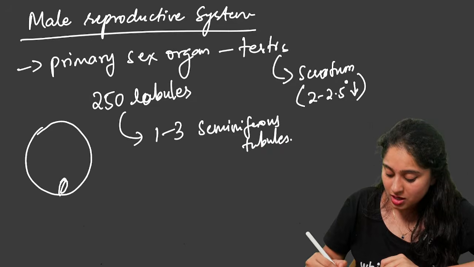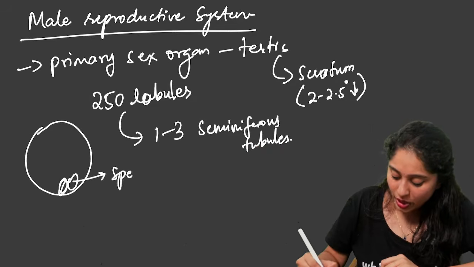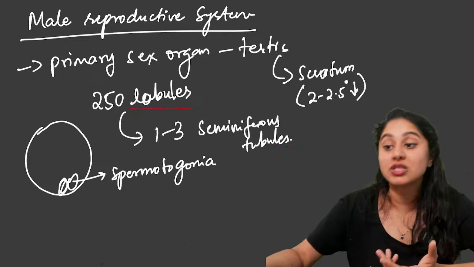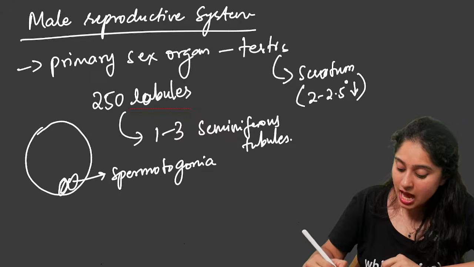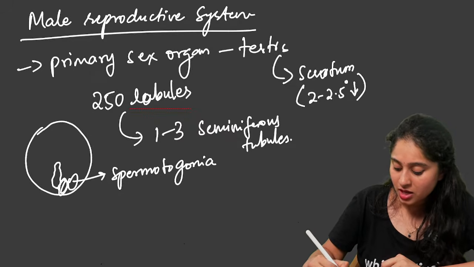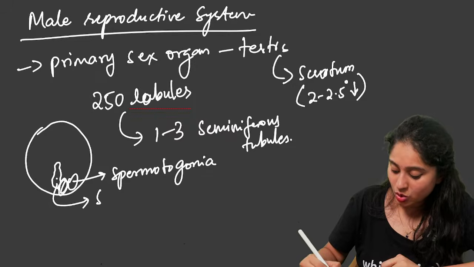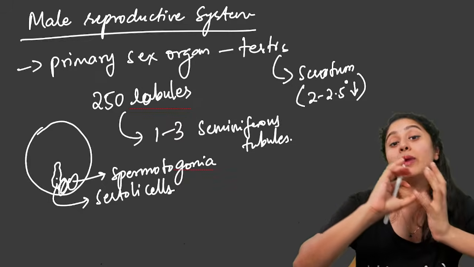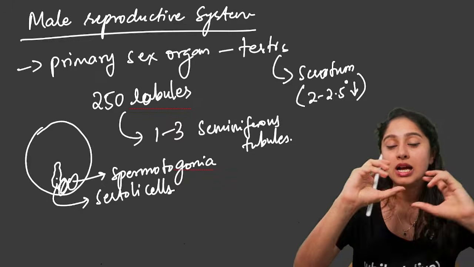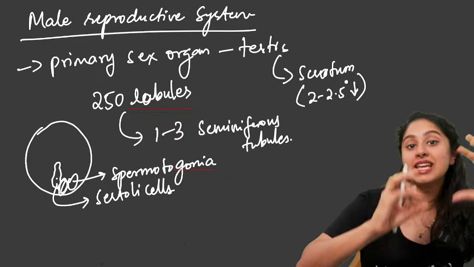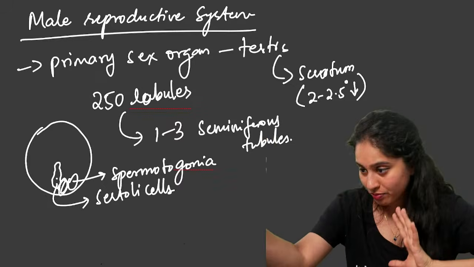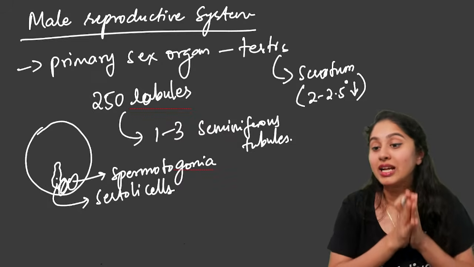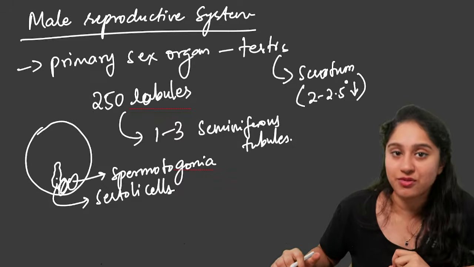One is the spermatogonia, which is going to undergo spermatogenesis and produce the mature sperms, whereas the other type of cells we have is the elongated cells known as the Sertoli cells. These are meant for nourishment and they participate in certain functions for converting the cells into the mature spermatozoa. I'll tell you in detail about it, but for now just remember that we have two different kinds of cells present inside the seminiferous tubules.